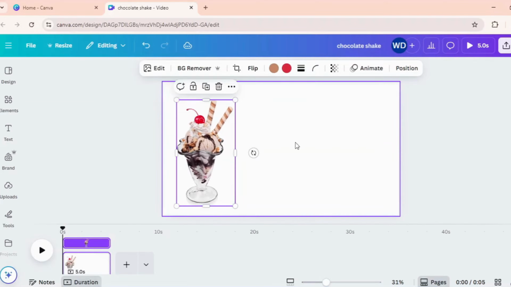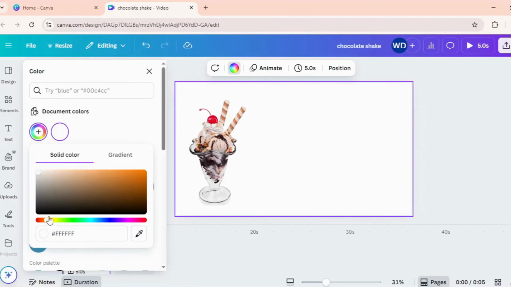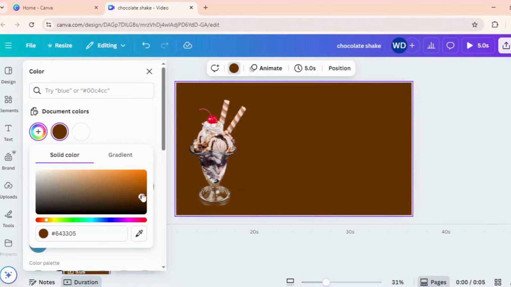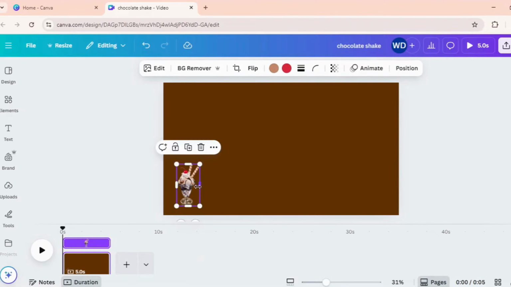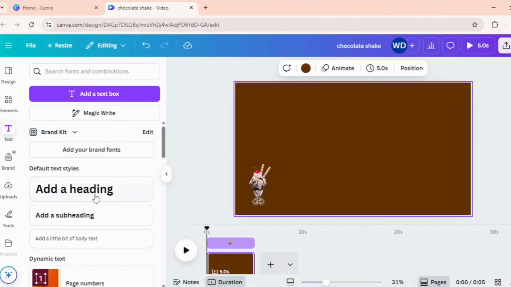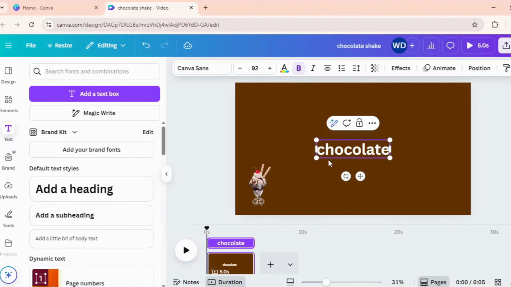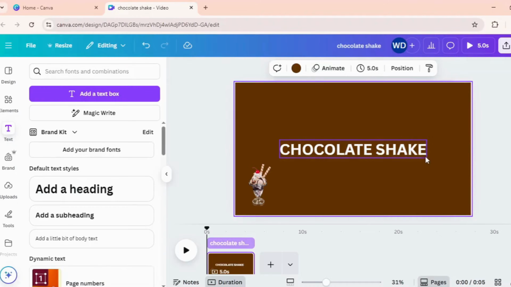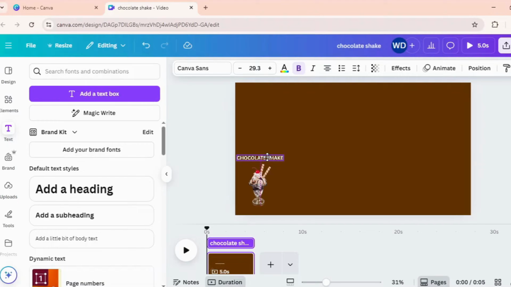Let's place it here. Click on Color. Select some background color. Reduce size of this image. Now click on Text, add heading. Now change the heading to uppercase, reduce its size, place it here. Now duplicate this page,